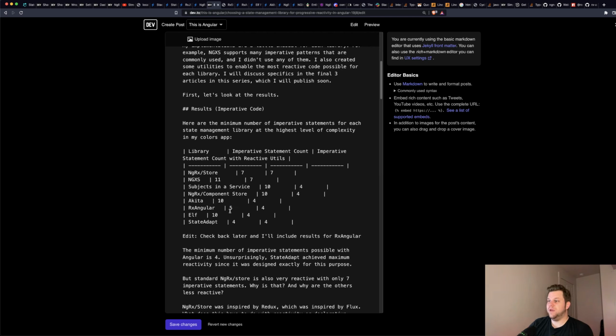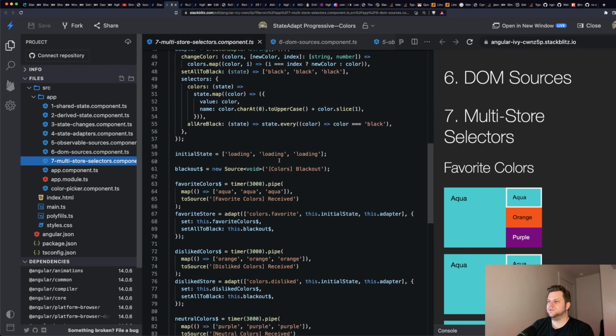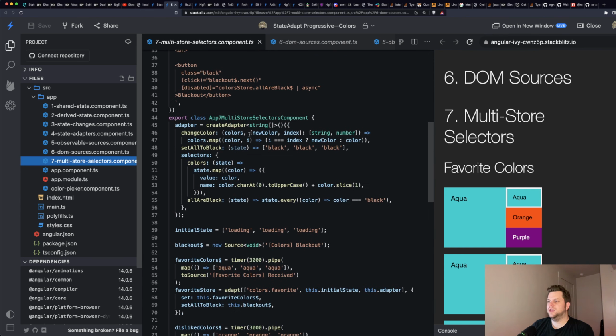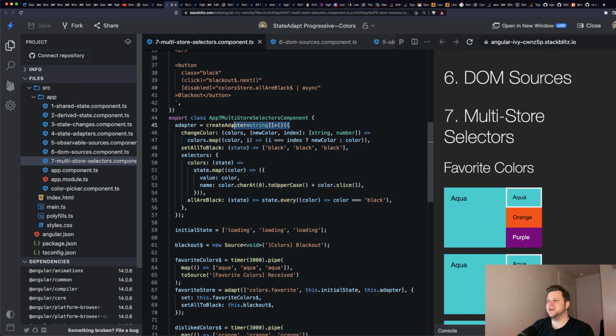I would say out of the box, it's the most reactive library I've seen, obviously, by the imperative statement count. It is beautiful. But you know what? It also makes me really appreciate state adapt because it is kind of ugly looking. It's compact,